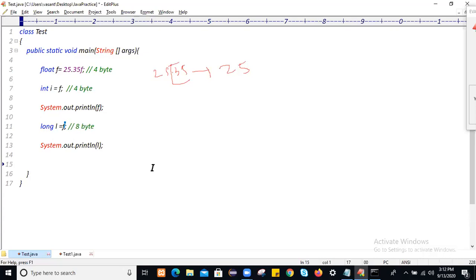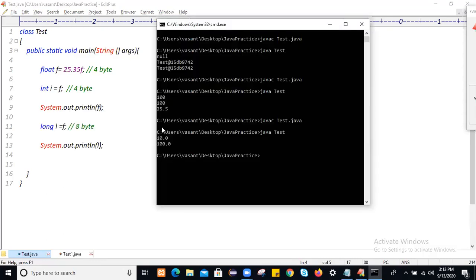You have to do some typecasting. You have to explicitly convert the data when you want to perform a typecasting from a bigger data type to a smaller one, or whenever you will lose the data, then explicitly perform downcasting. If you don't perform downcasting, you will get a compilation error. For this example, you see, we are losing the data.